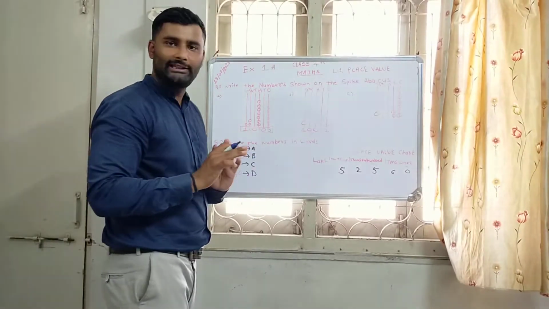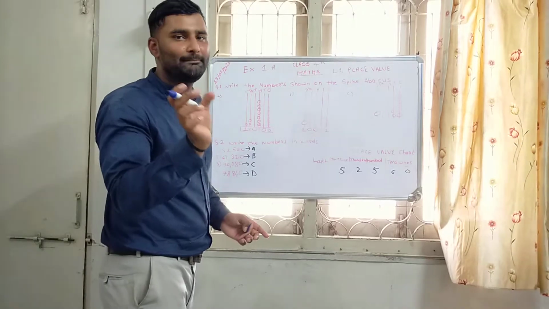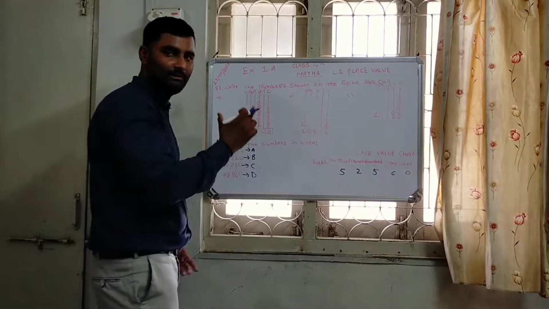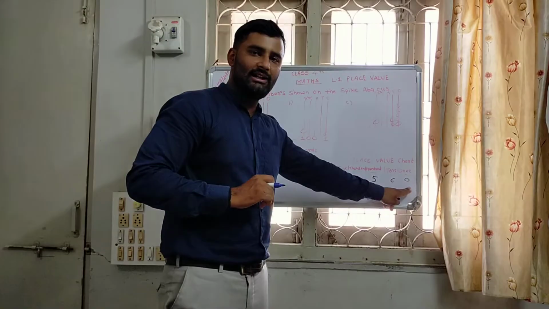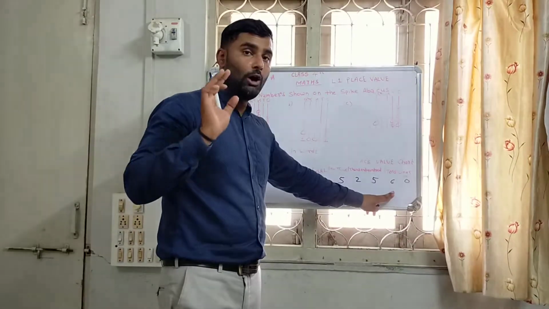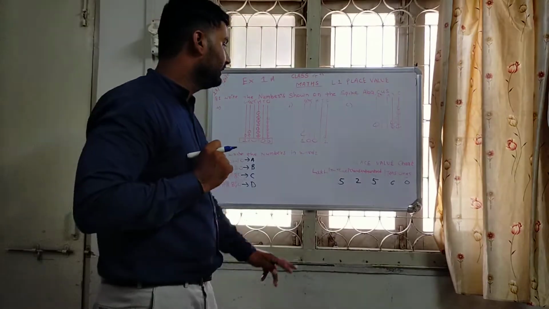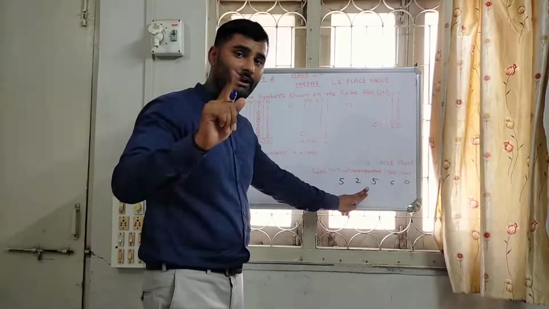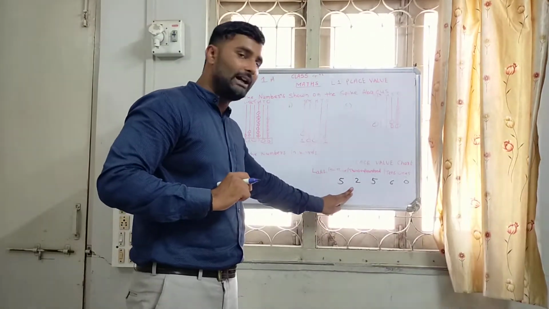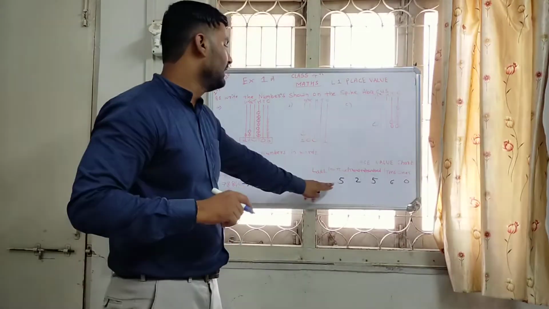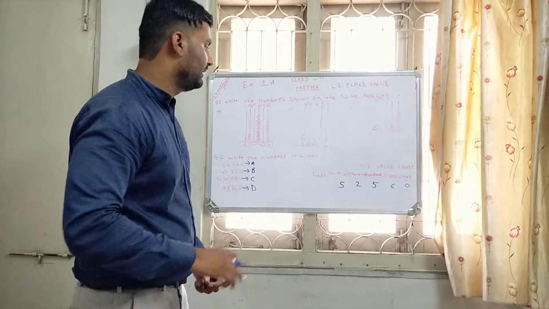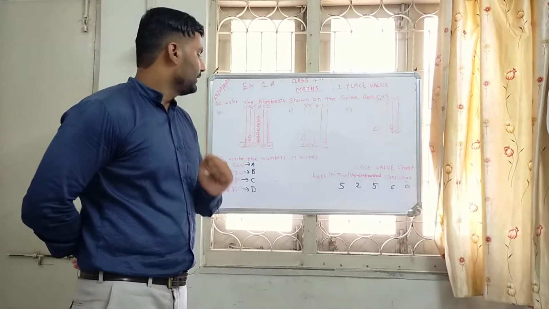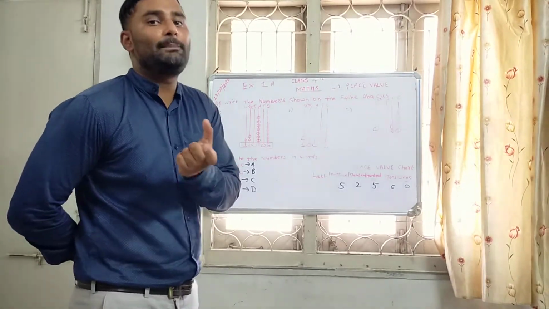No more theory in this. It is very simple. You just have to pick the number and put it here. How many ones are there? 0 ones are there. How many tens are there? 6 tens are there. How many hundreds are there? 5 hundreds are there. How many thousands are there? 2 thousands are there. How many ten-thousands are there? 5 ten-thousands are there. So earlier I told you to read or write the numbers in periods.